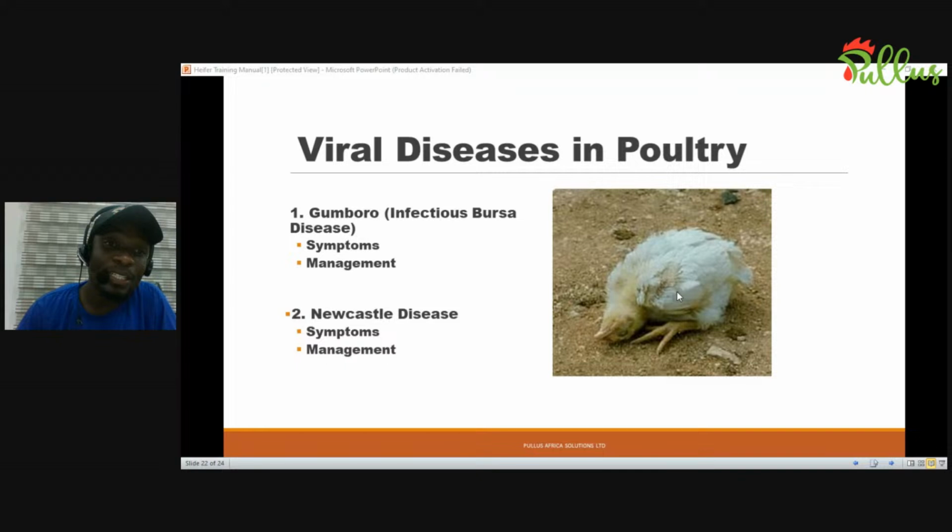And part of the things that brings about stress is, like I said, environmental condition, part of which is heat stress. When birds are undergoing heat stress, it can lower their immune status at that time, and that makes it easy for any infection to come in and disturb them. It could be a bacterial infection, it could be a viral problem. So during heat season, you have to be very cautious of that problem, so that you don't predispose your birds to other diseases. And many of them, because once the immune system is compromised, it means the system is actually porous.